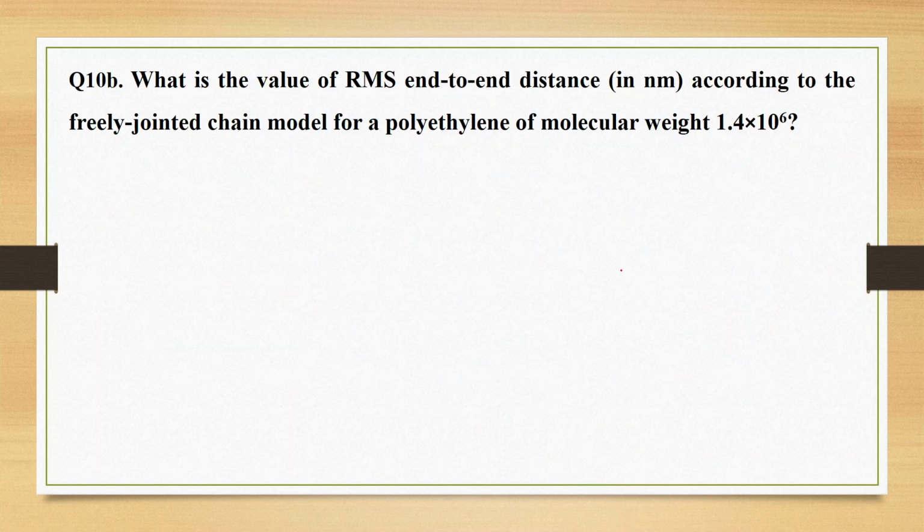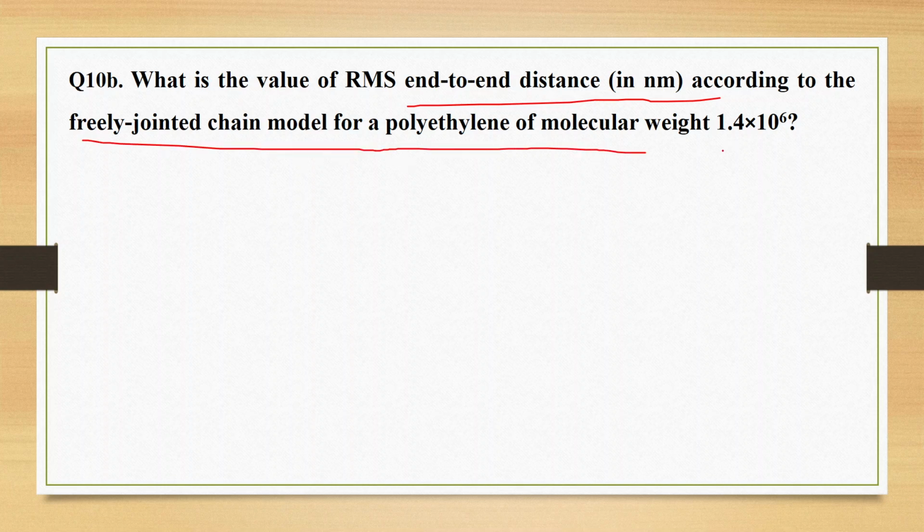In the previous one, I showed you all the formulas, so I am very sure you all will be able to solve this. So they have asked, what is the RMS end-to-end distance in nanometer according to the freely jointed chain model of polyethylene of molecular weight 1.4 into 10 to the power 6? Same thing, the RMS value you already know, that is equal to n to the power half into L. So first you need to calculate the n value, similar to what I showed in the last problem, and the value for L I have stated in the last problem as well, that will be